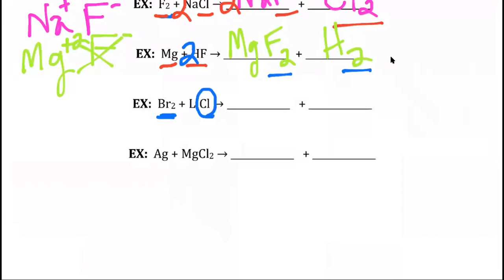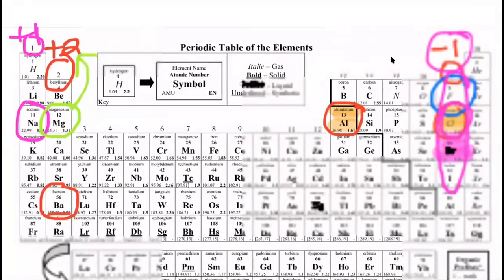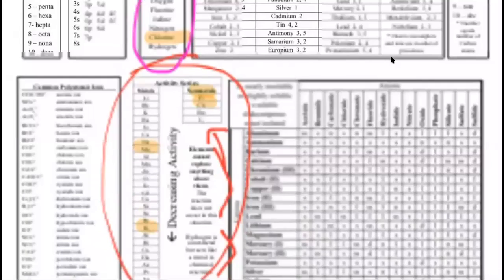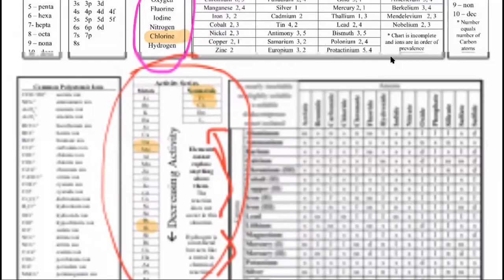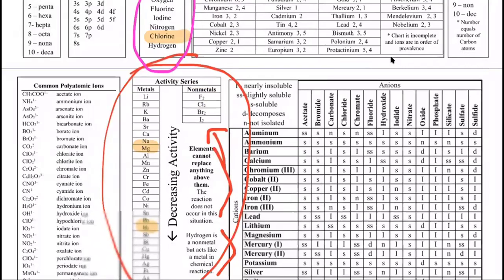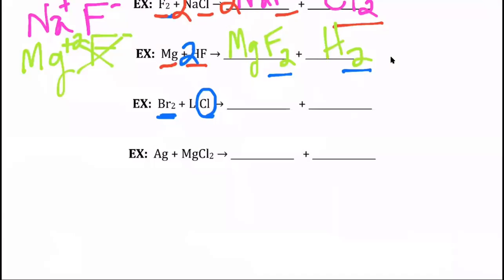So I need to look at this activity series. Is Br above Cl? So if I come down here to my non-metal list, that's the short one. Here is Br. It's the third one, but it is not above Cl. Br is below Cl. Cl is higher. So since Br, the single element, is not above chlorine, that means it cannot replace it. And so there are no products, there's no formulas to write. All I would write is, I would write no reaction,